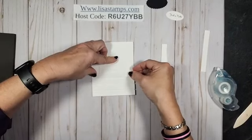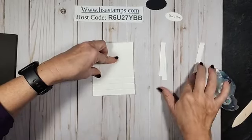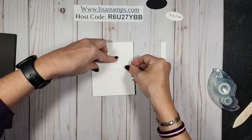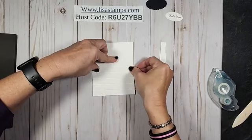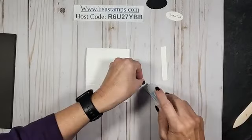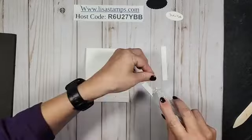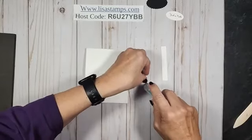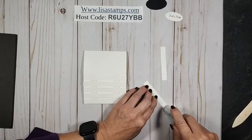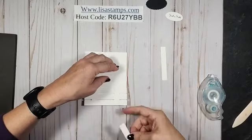I have a score line to go to. And then the last one. So we've got that there. So now we're going to take these, and again, this is one of my old ones, and it's just being a little finicky today. So we're just going to take that. I can't do it straight. So we're going to take that down